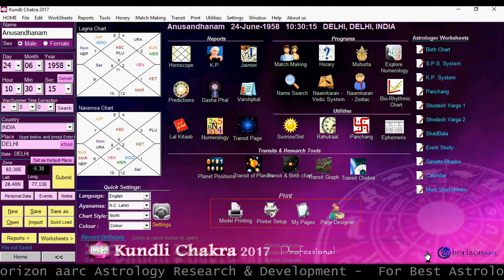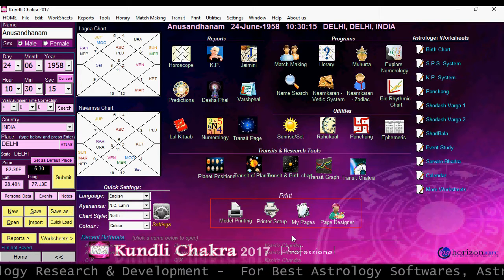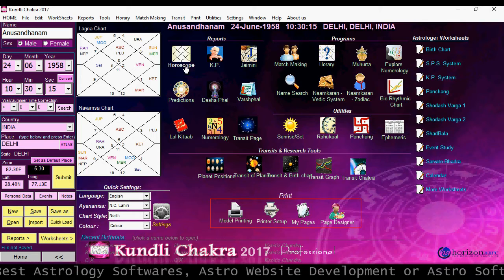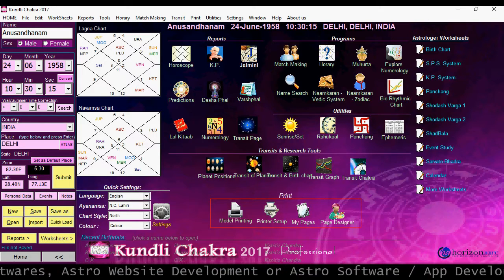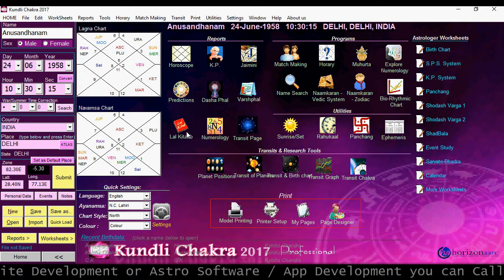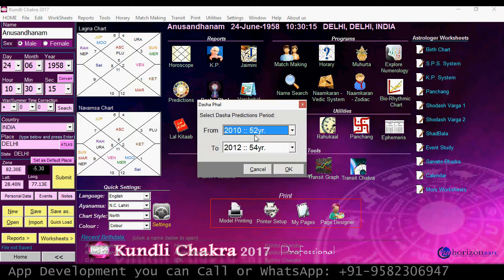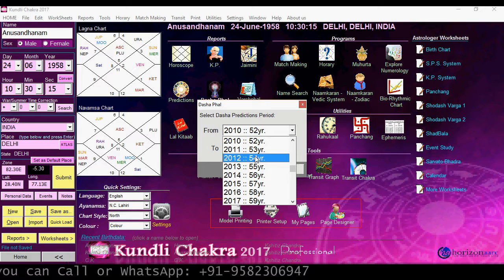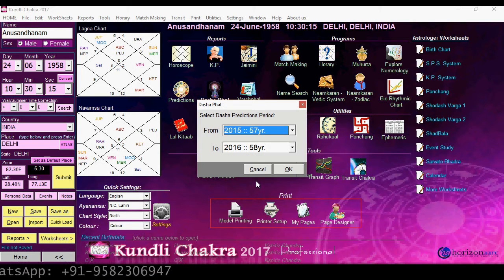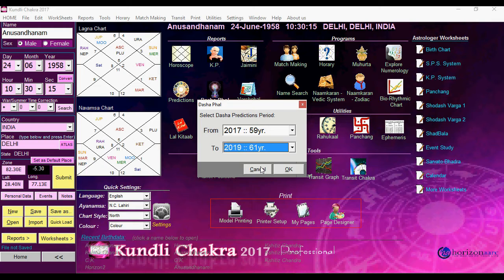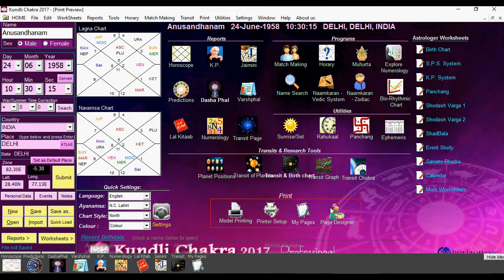Well, after this printing section, you have the report section. Reports, you've already seen this: horoscope, KP, Gemini, you can see predictions, the shuffle, virtual, all options are there. Let's go further into the shuffle. Here we are going to select the period I want, like if I want to see from 2017 to 2019. I select the period and click on the OK button, and it will show me the prediction for this